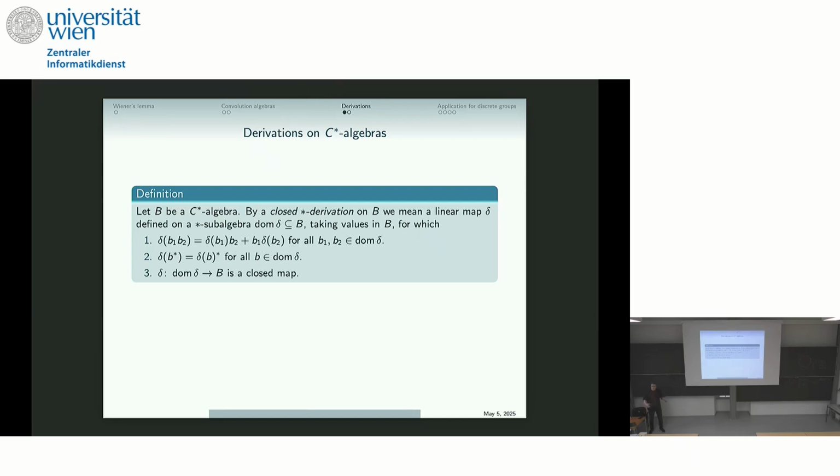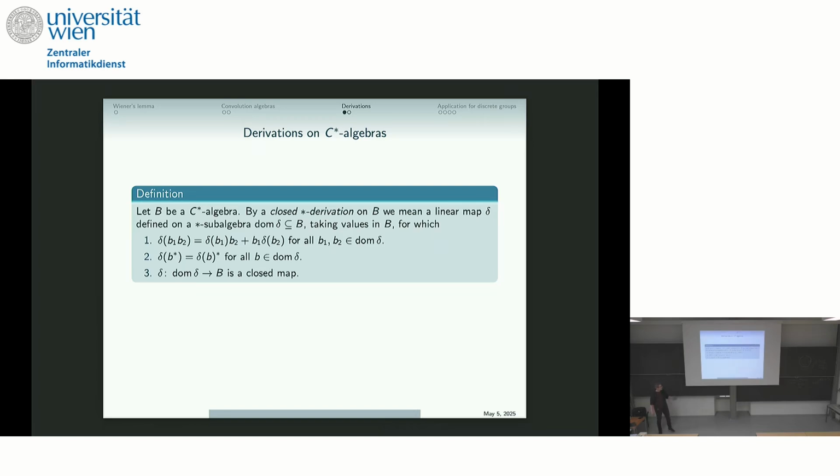And it goes through derivations on C-star algebras. Again, feel free to pretend that everything is B of L2. But I need to talk about closable star derivations or closed star derivations on C-star algebras. So if B is a C-star algebra, then a closed star derivation is going to be a linear map on some star subalgebra of B, which takes values in B. So it's from B to B, but it's potentially only densely defined, or just not defined on all of B,